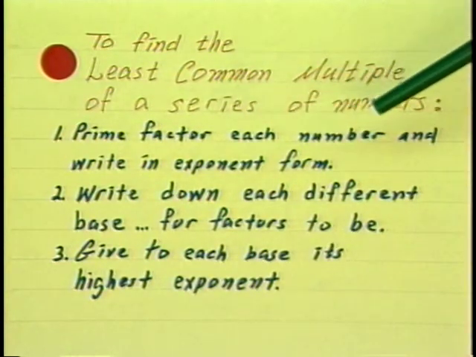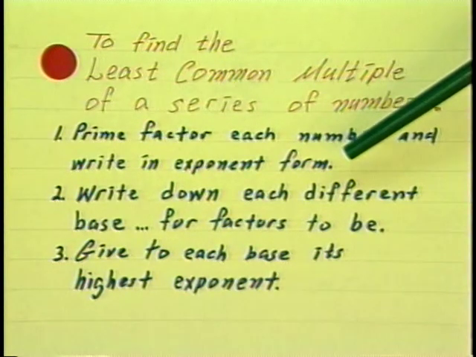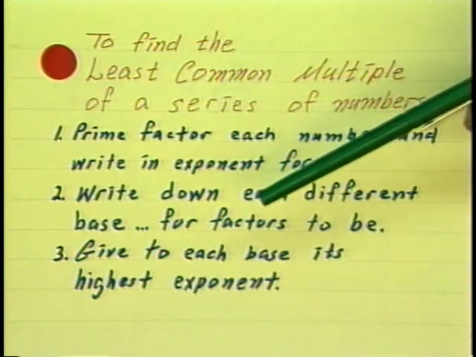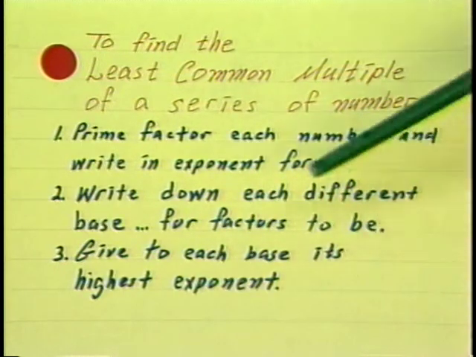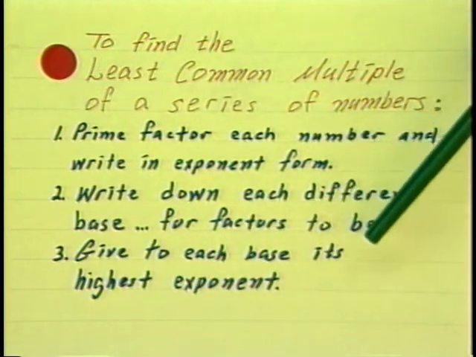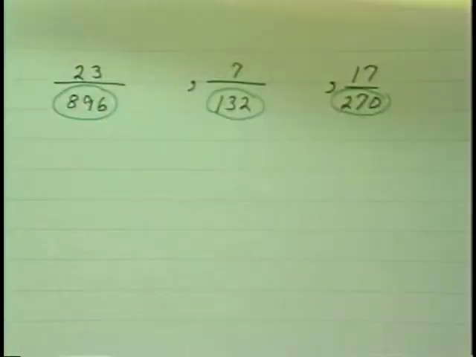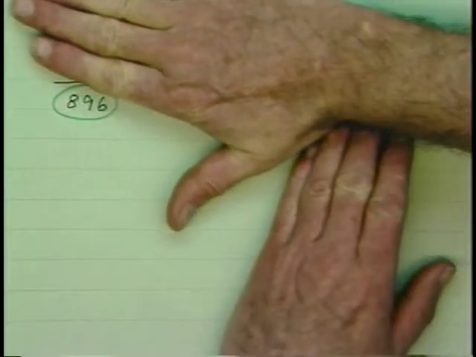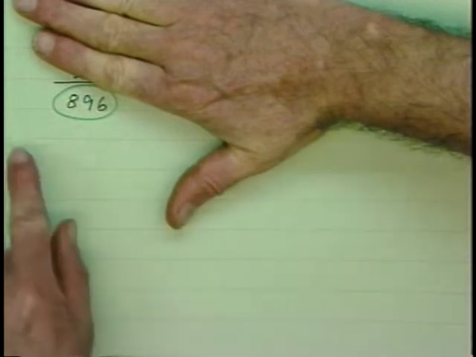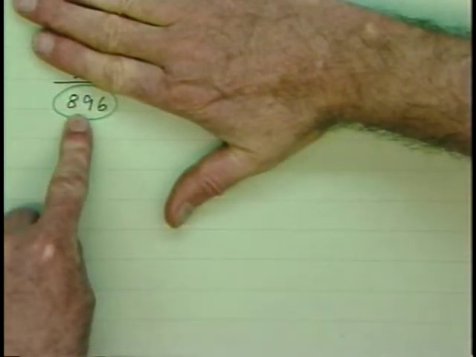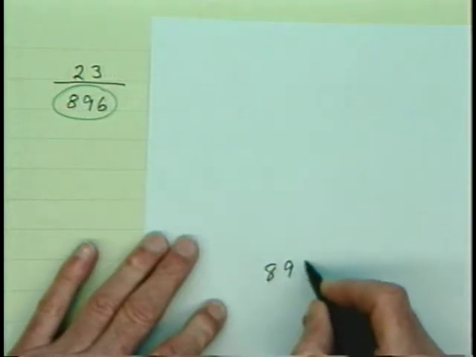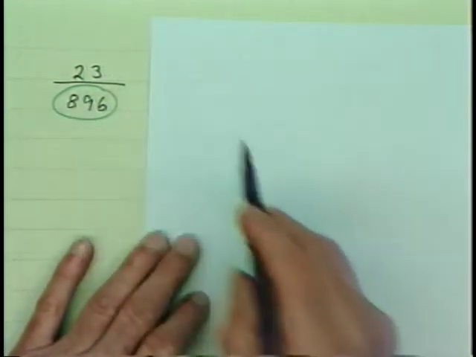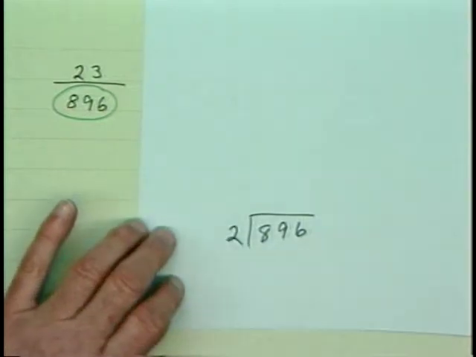We're going to prime factor each number and write in exponent form. We're going to write down each different base for factors to be. Then we're going to give to each of those bases its highest exponent. So that means we forget that this exists, or this exists. Our whole focus for a few moments is on prime factoring 896 and writing it in exponent form. So we can see by looking at it that 2 goes into it,